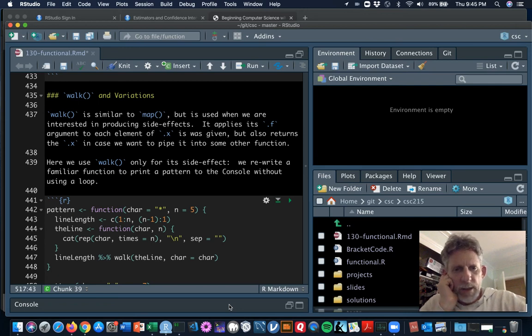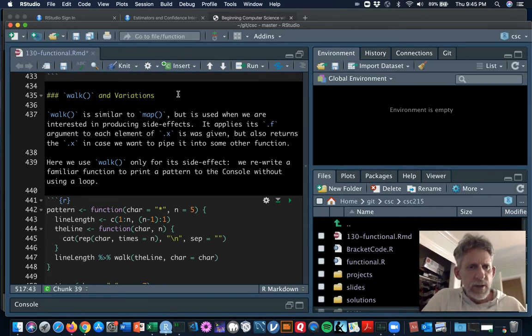Hello, everybody. We're back for continued coverage of higher order functions in Chapter 14. We're still in Section 14.3, but now we're looking no longer at map and its relatives, but walk and its variations. Walk is rather similar to map, but we use it partly because it's nice for producing side effects, but